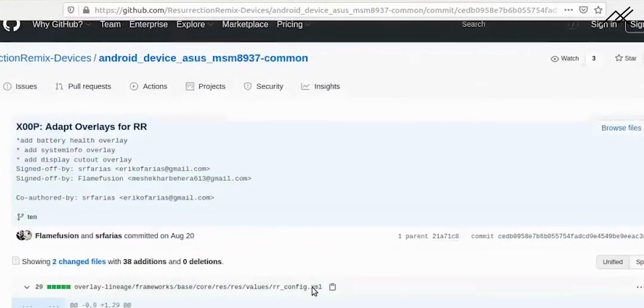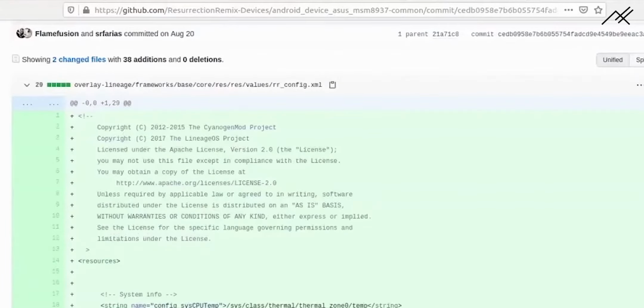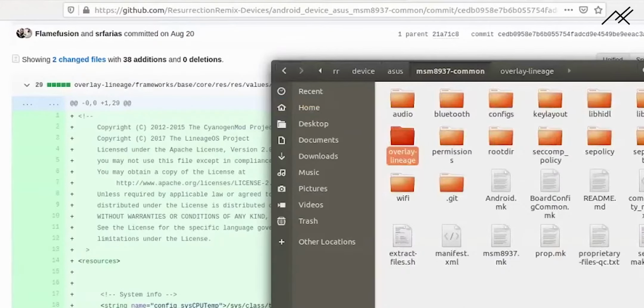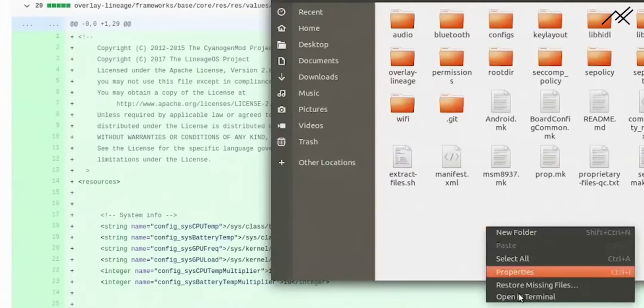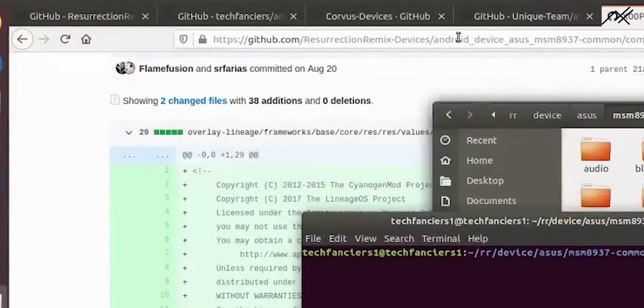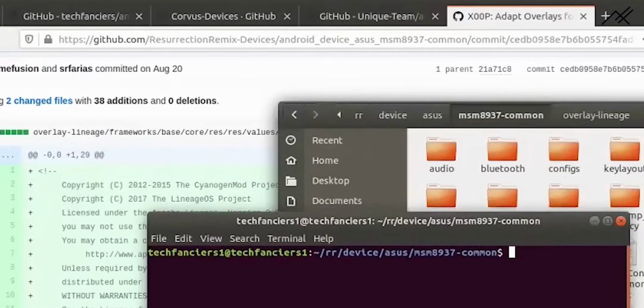Those are all the changes. 2 files have changed. So if I apply this commit in my folder, it will make 2 changes in the common tree. So how can I do this? First I need to get into this folder, right click and open terminal. So first I need to fetch this tree to my repository, so that I can make the changes which are all made in that tree. This is cherry picking I am doing. So how to do that?